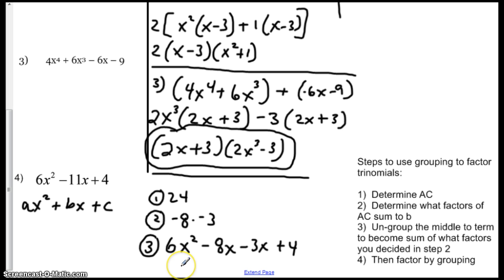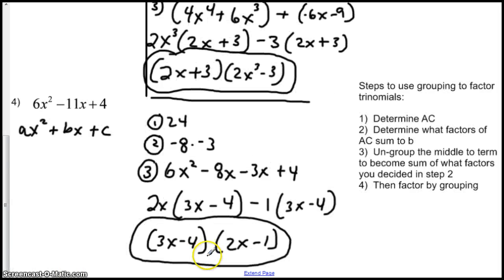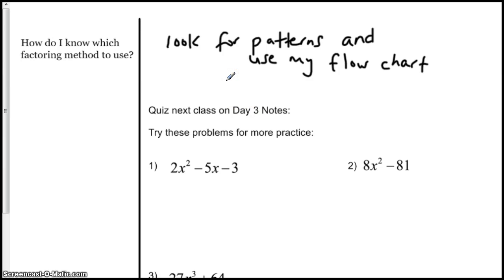And now we're going to factor by grouping. So go ahead and factor and bring it back. So when you factor by grouping, you get 3x minus 4 times 2x minus 1. Anytime you're factoring, you look for patterns and use your flow chart. If you'd like more practice for the quiz next class, please watch